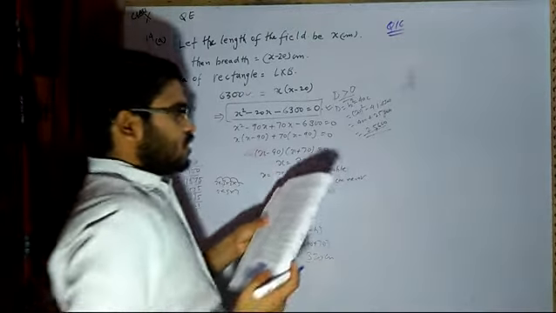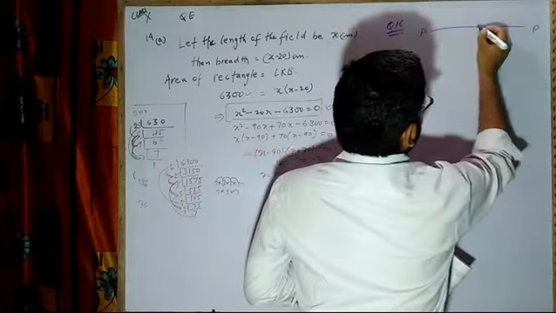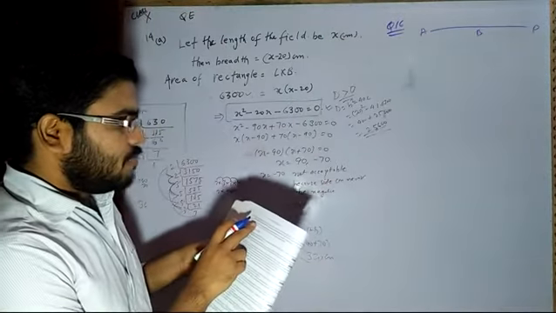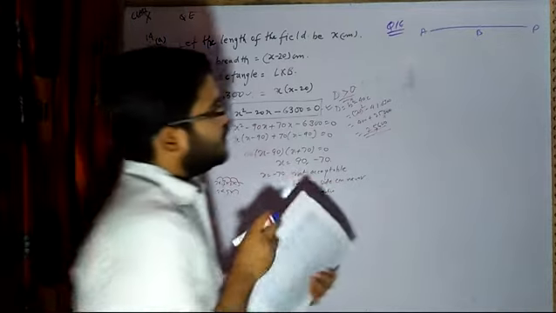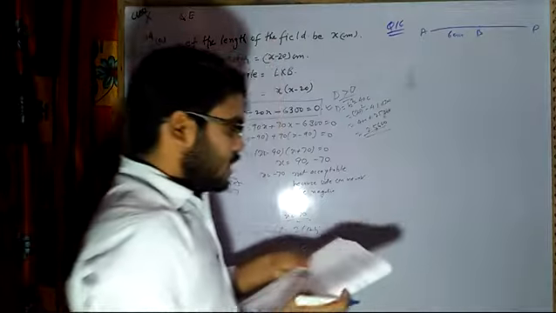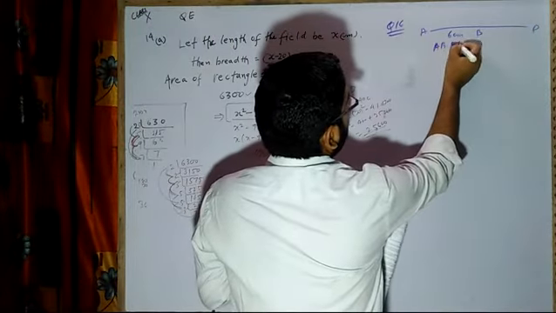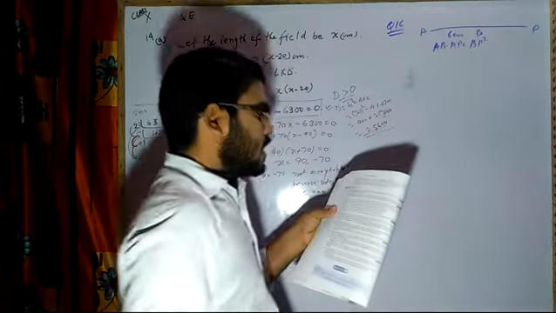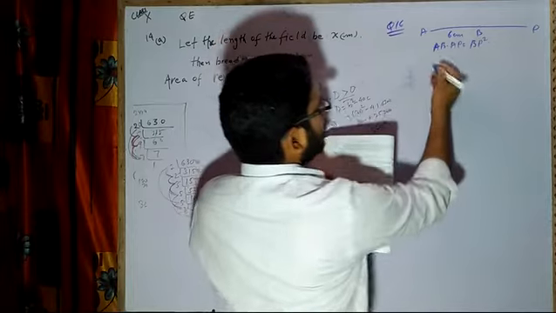A, B, P are three collinear points. Okay, A, B, P, A, P and B here. Why have I marked B there? Because it is mentioned A, B, P are three collinear points, P lying between A and P, such that AB is equal to 6 centimeter. AB is equal to 6 centimeter, BP is unknown, and AB into AP is equal to BP square. The first condition is given, and then second we have to prove.